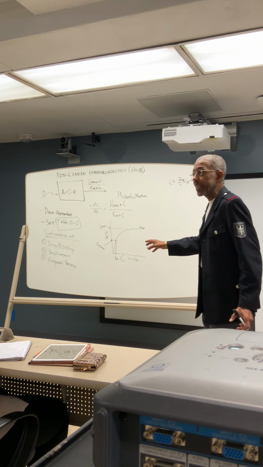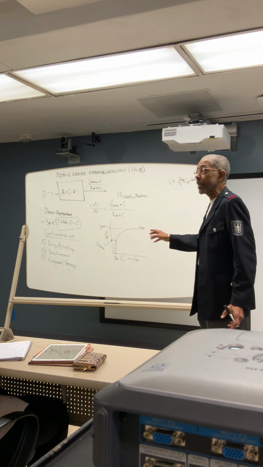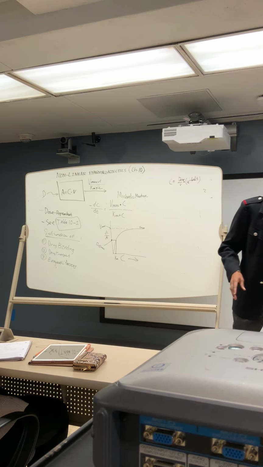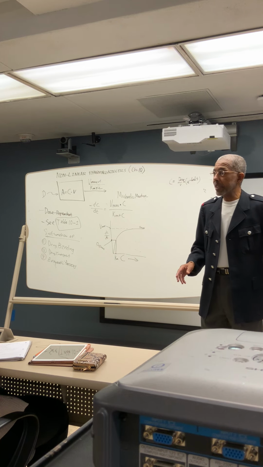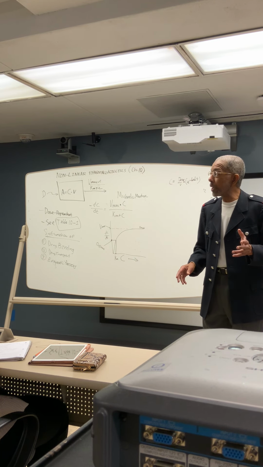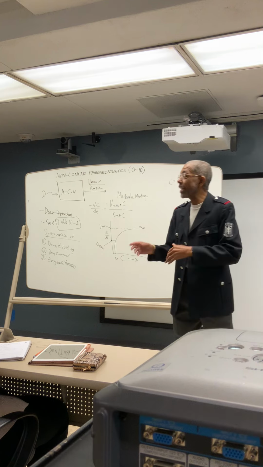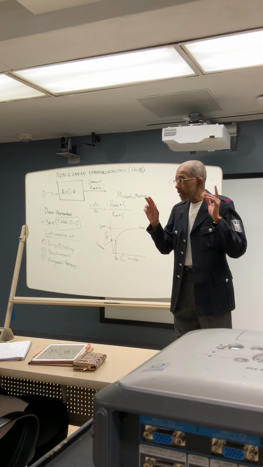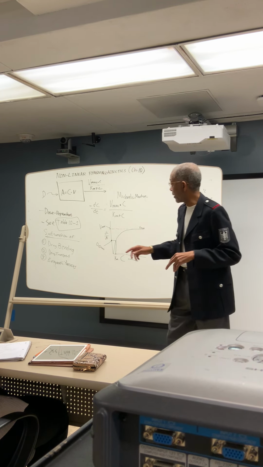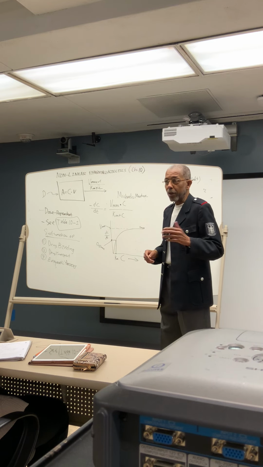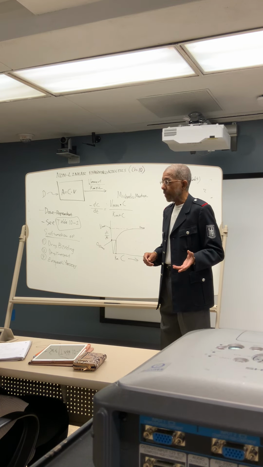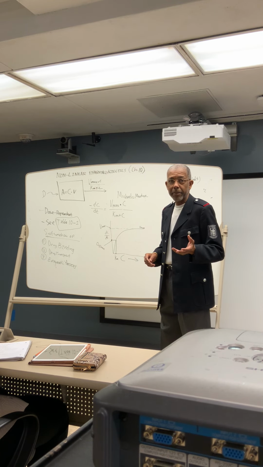Please see though that as I increase the concentration, the speed is getting faster. Let's relate that to what's happening in the body. If I give a low dose of phenytoin, it's going to be metabolized more slowly than if I give a high dose of phenytoin. Talking about the speed of metabolism now, delta C over delta T, the change in concentration. Because the drug metabolizes, the concentration is going to be changing. So a low dose of phenytoin is going to be associated with a low rate of metabolism,